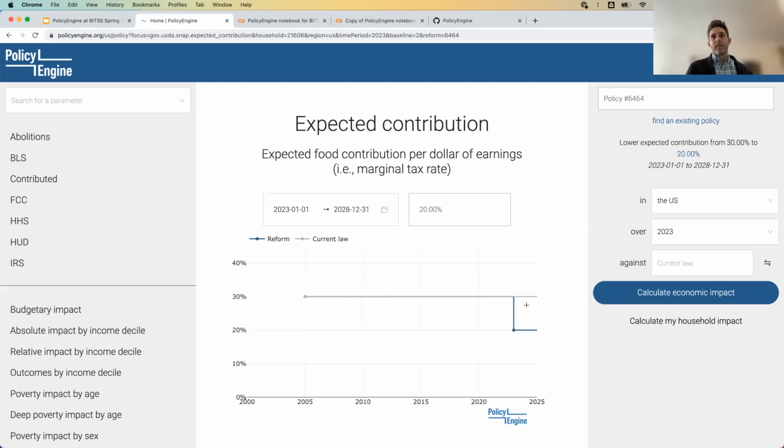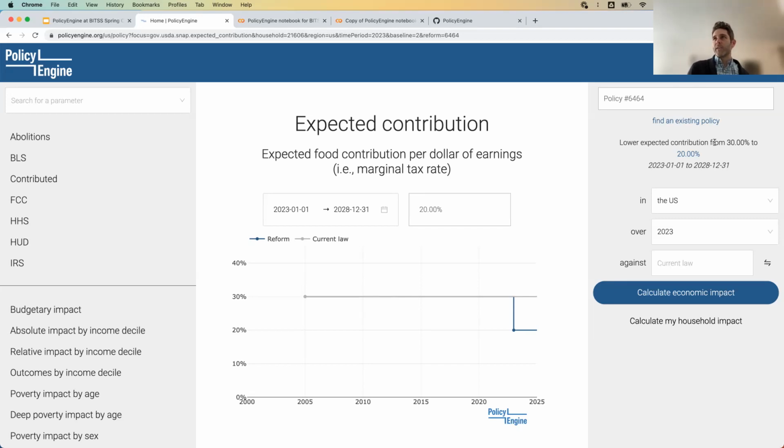And we can see the history of this parameter over time. In most cases, for a lot of tax programs, we only go a year or 2 back. But if you think of, for example, NBER's TAXSIM, they go back to the 60s or 70s, depending on federal and state taxes. And that's what enables really robust econometric approaches for estimating labor supply responses and those kinds of things. So that's definitely on our roadmap. In the meantime, this policy parameter happens to have been the same, at least since 2005. So we can see that here.